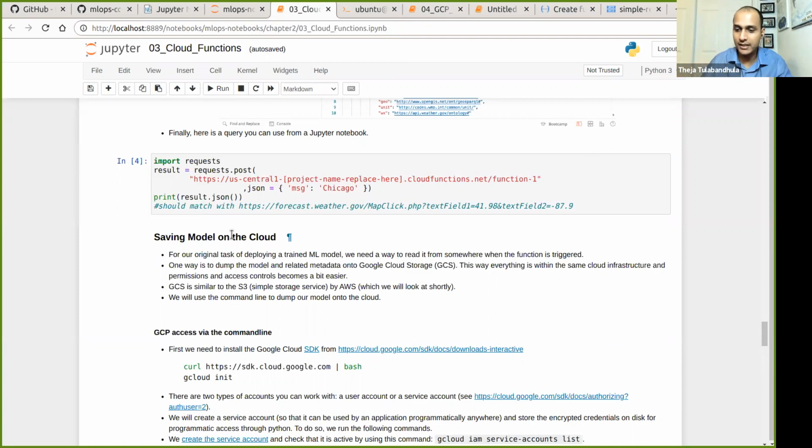You may want to programmatically, every night or every week, train a model, and you may want a bunch of lines in your, for example, Python script, which would say, instead of save the model to disk, save the model to GCP.